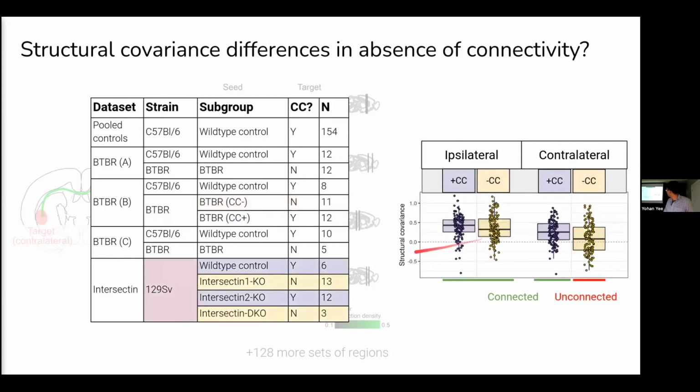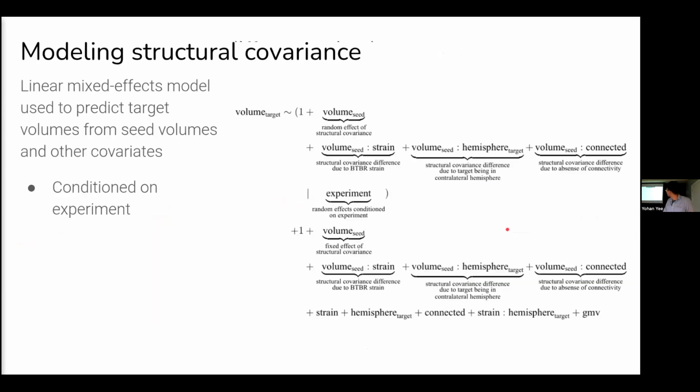And finally, in the intersectin case, if you compare the intersectin mice, the controls against the intersectin 1 knockouts, we do see some change, some results that match our hypothesis, but there's also a slight decrease in the ipsilateral side that might point to ineffective genetic differences. So we did some basic tests, and we found that in general, we didn't find